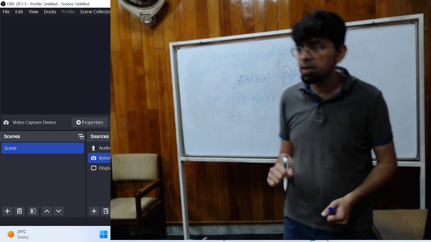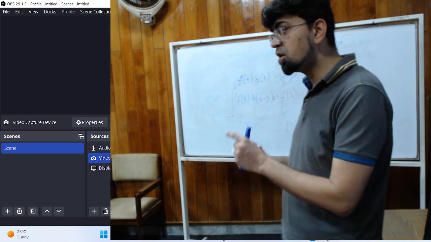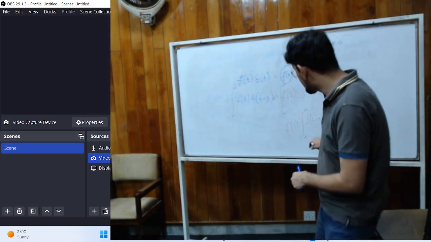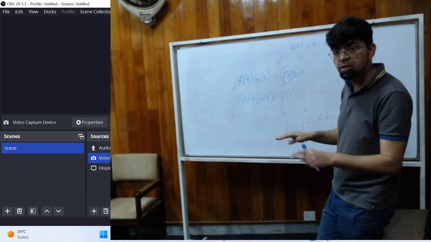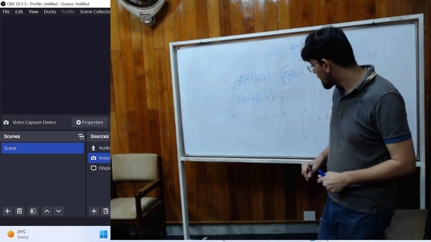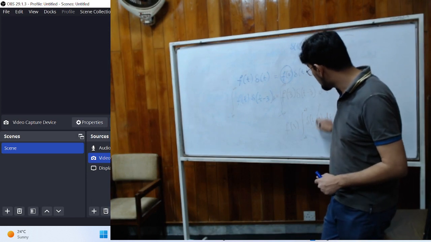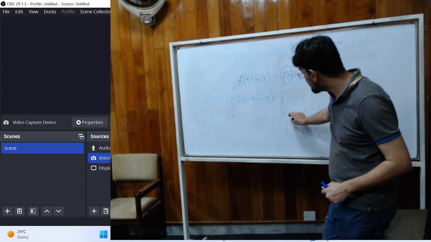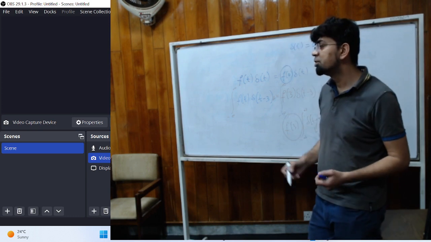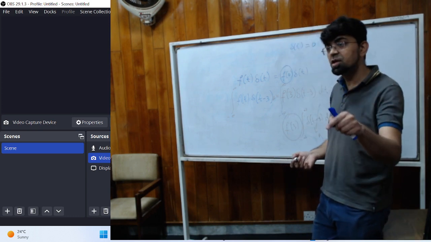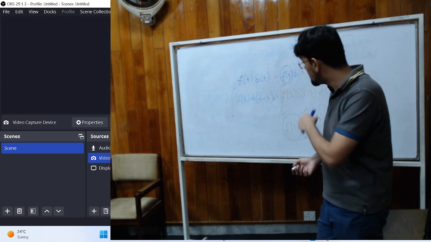Area under this will be 1. Shift does not change this property as long as the integral covers the range of this thing. So this was 1. So basically integrating gives you the value of the function at this point,